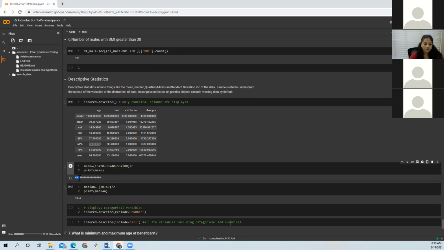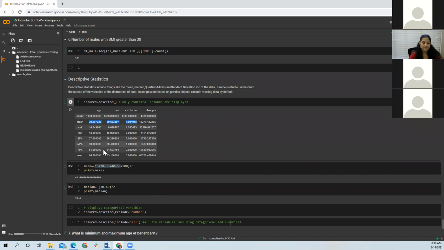It has changed to 41, but my median will still remain the same. It is not affected by these extreme values. So basically this extreme value, we call it an outlier. It is different from the usual values.